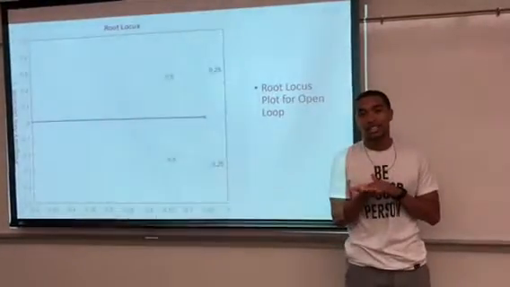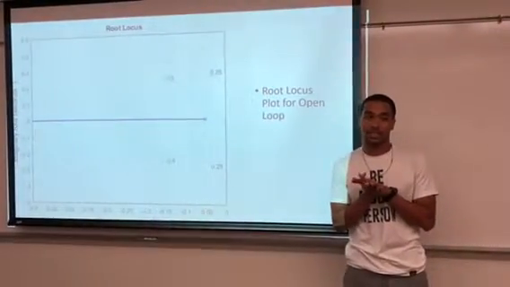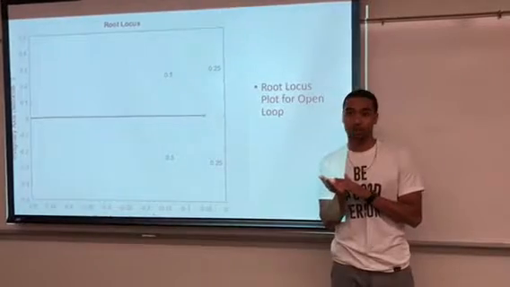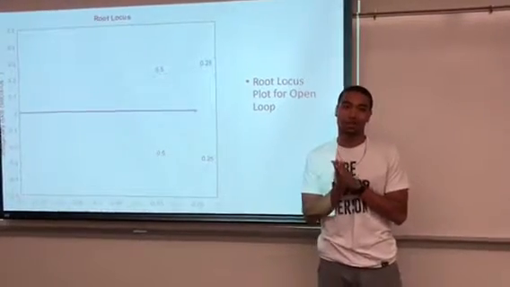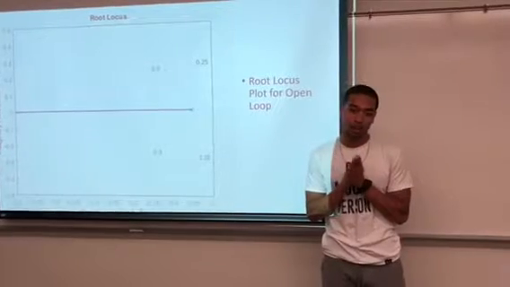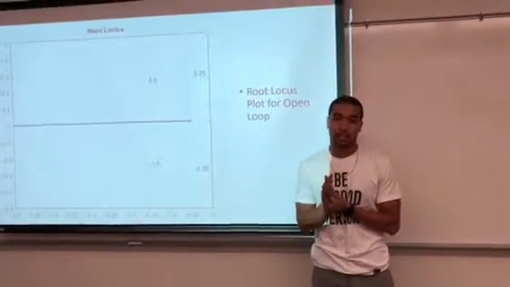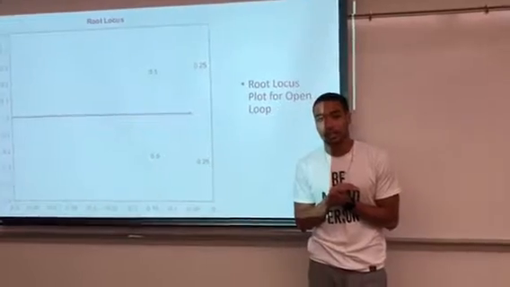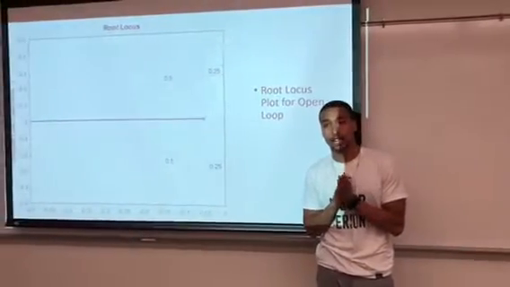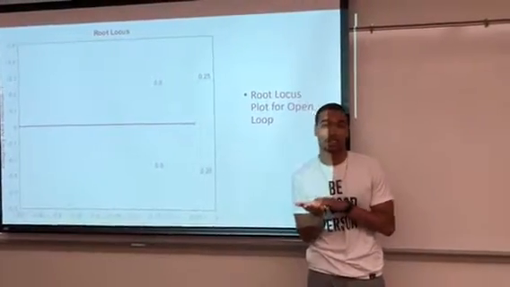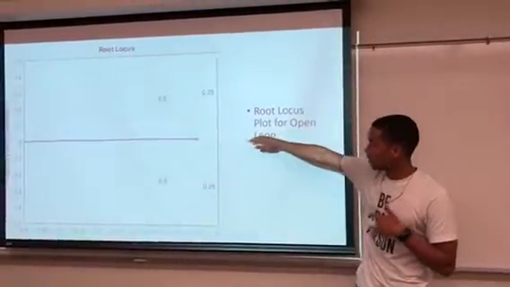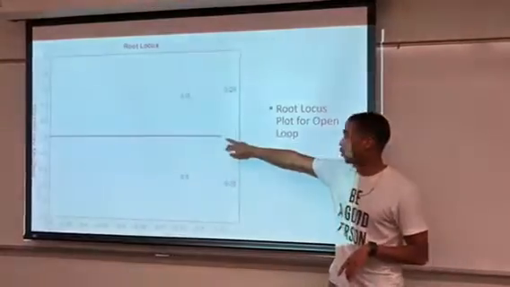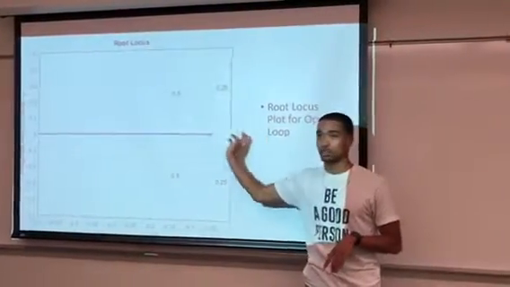For real world applications, these aren't great times because say you want to merge onto the highway, it would take you roughly a minute just to get up to 60 miles per hour, which isn't really safe when you're trying to merge into traffic. And also there's going to be other factors that we'll have to take into account, such as air resistance and if the road is on an incline, so this will also then affect our rise time and settling times. But you also can tell from this plot that our one pole does approach infinity as we move towards